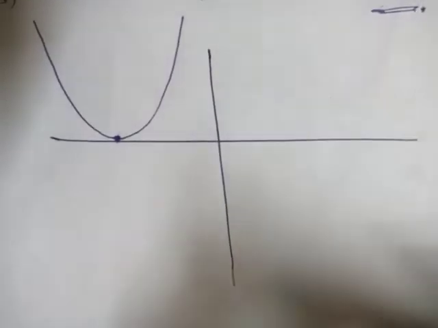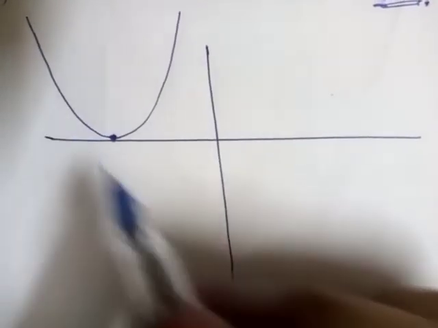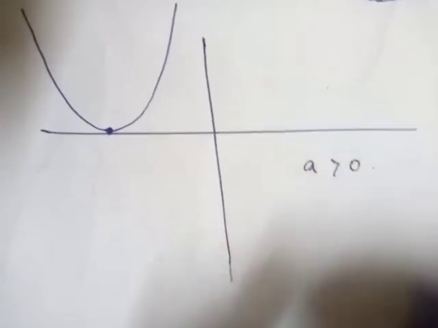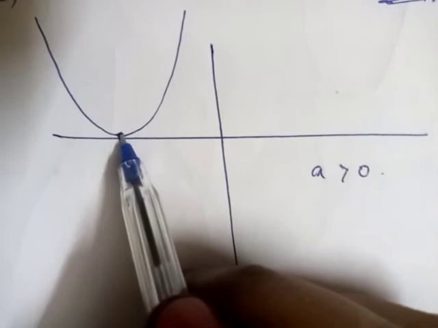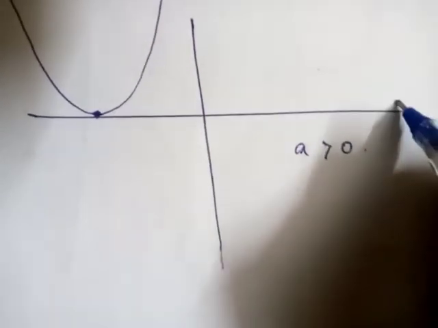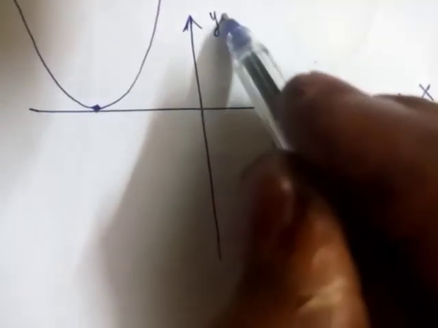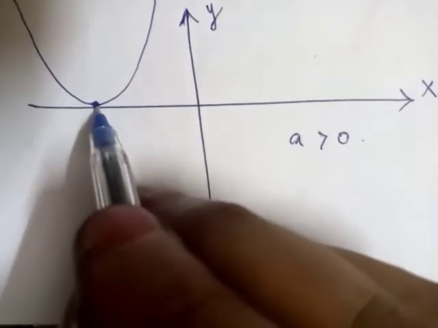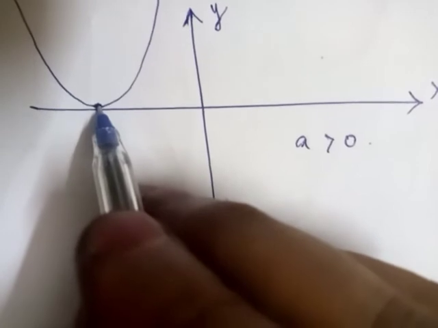What do you think about the ABC values of this diagram? See here, this parabola opens upwards, therefore we can say A is greater than 0. After that, this is actually a zero of the polynomial. This lies on the left-hand side of the x-axis. This is actually the x-axis and this is the y-axis. This parabola lies on the left-hand side, that means this is negative, right? So negative value, the two values are also the same.